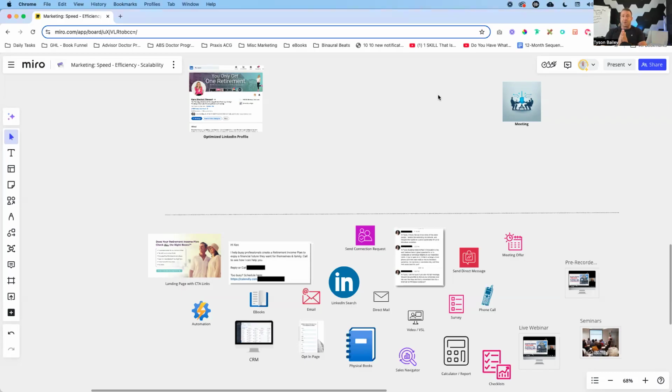But inside of this training, what I want to go through is how to increase the speed, efficiency, and scalability of your marketing. This topic stems from a couple of questions that I got from a new advisor who is just coming into the Training Advisor ecosystem. From what I understand, he's relatively new to the industry, and he's been doing a great job diving through a lot of YouTube trainings that we put out, a lot of content, and some mini courses that we have published over the years.